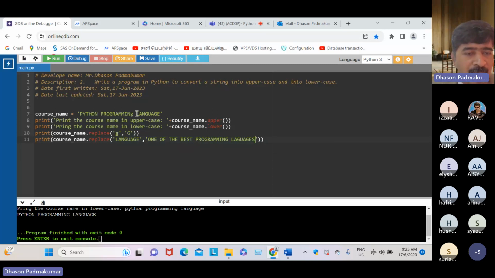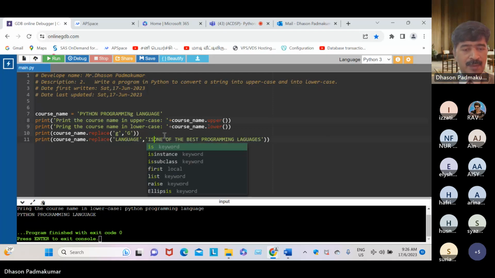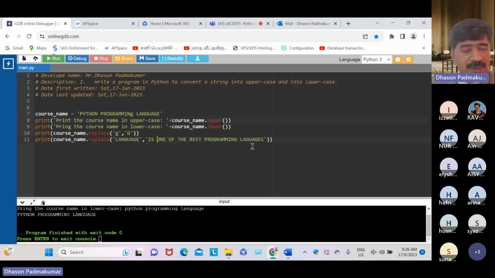So, dear student, whenever there is a word to replace, okay, sorry, the word language, I'm going to replace the word language with this. Programming is one of the best programming languages. So here, this language will be replaced with this.